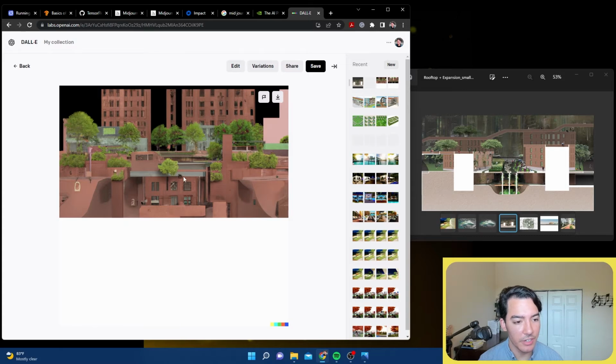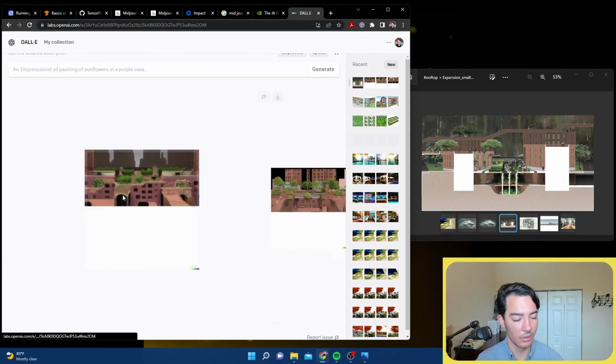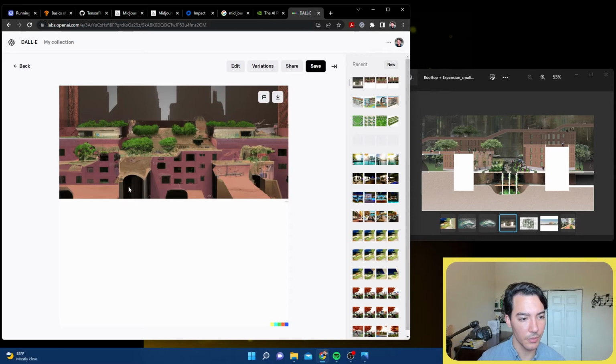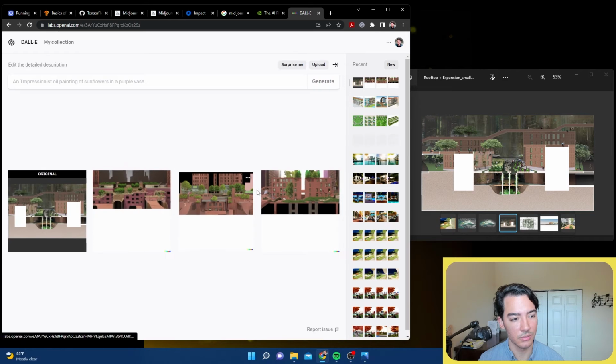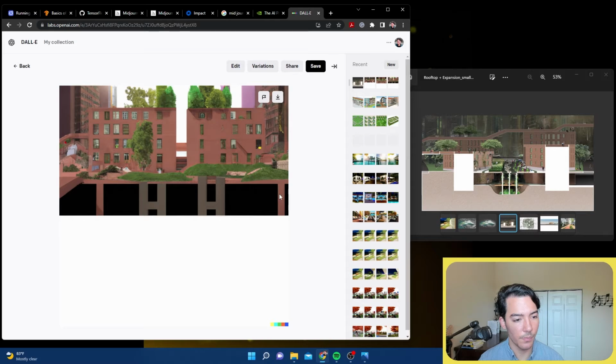So when I generated variation, it kept the style, but it's completely different. Oh, this is kind of cool. What's this one? I made it purple, and it's just like buildings. It loses the central area. This one has like a notion of the underground, but it doesn't show anything in there, and has the buildings separated, but it's got some kind of similar logic, but it doesn't have a lot of the detail. And then it has like this little park area on top.